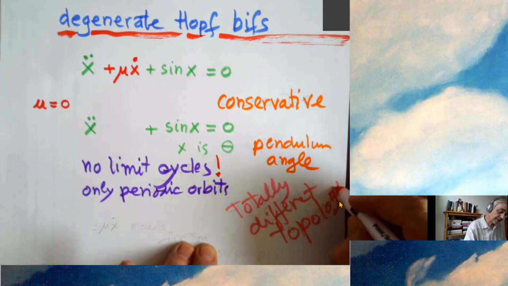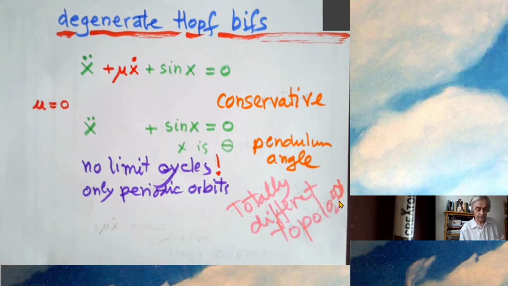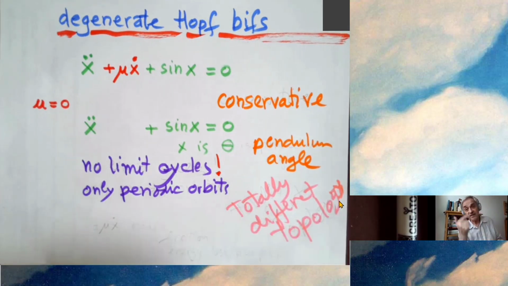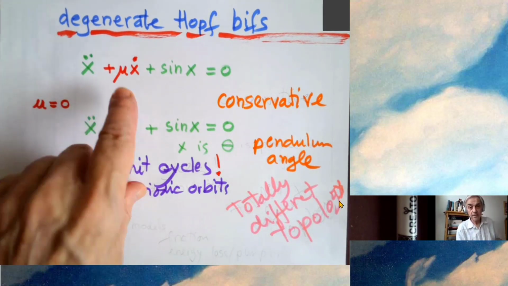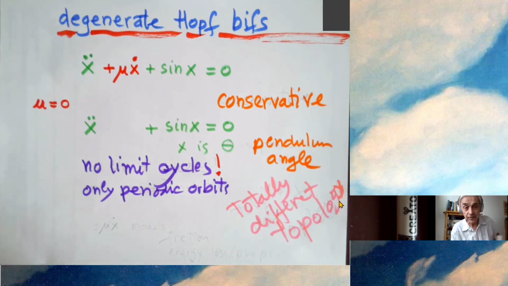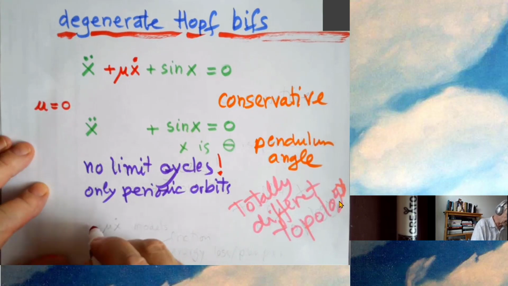In this crude sense, I don't mean what professionals like Sam consider topology, but when we draw the phase portraits, this guy has everybody running in circles. Make mu epsilon 10 to the minus 16. Doesn't matter how small you make it. The moment that there is a non-zero mu, everything is totally different because you're either spiraling in or spiraling out, and you only have, you know, equilibrium and one limit cycle at best. So that's a moral tale for your considerations.